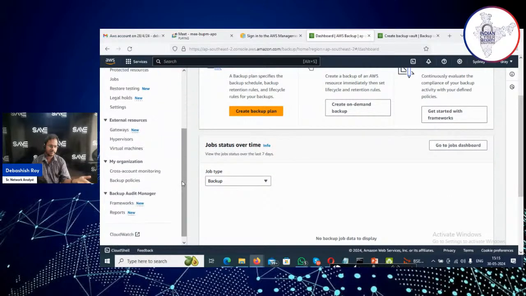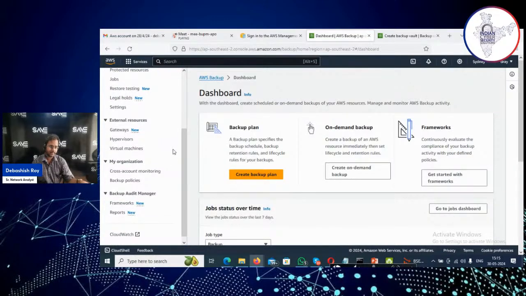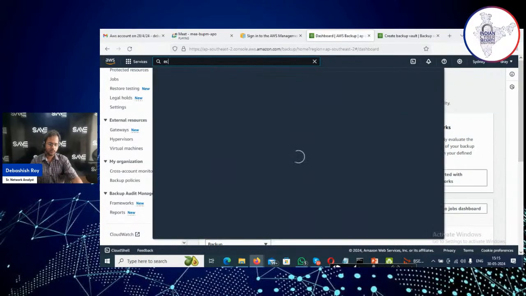Definitely some options are only for paid accounts. Everything is not available for your free account, but you can definitely make a backup plan and take the backup. Also, if I can go to the EC2 console,